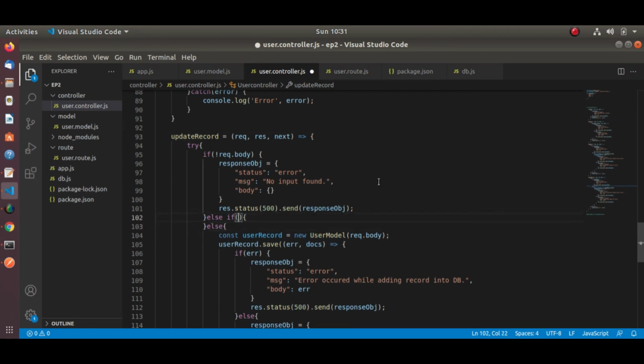In the query param, I am passing the unique ID of the record so that I can update accordingly.